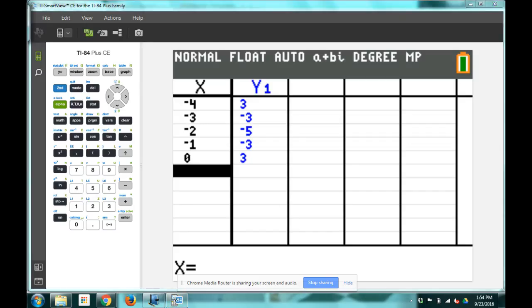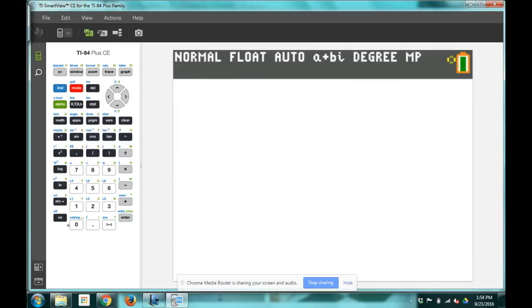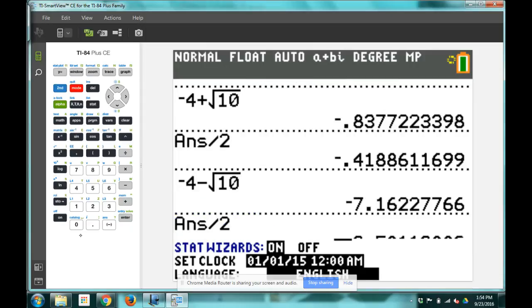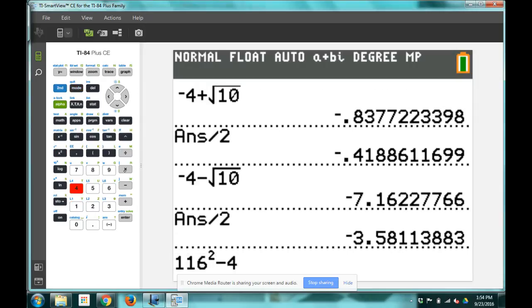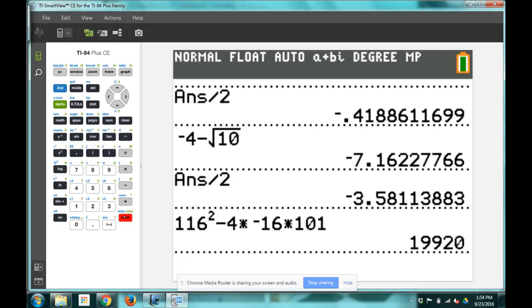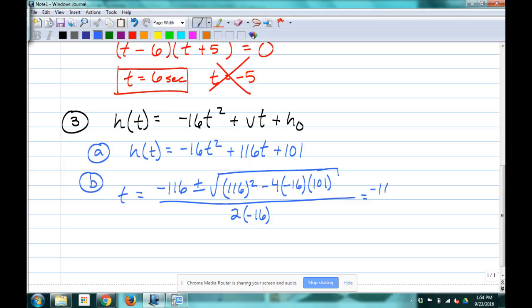All right. That is a big number. We were expecting a big number. I don't know if I expected one that big. Yeah, that's a big number itself. 116. All right, make sure we all agree with Jordan. I think that's right. 19,920. So we got negative 116 plus or minus the square root of 19,920